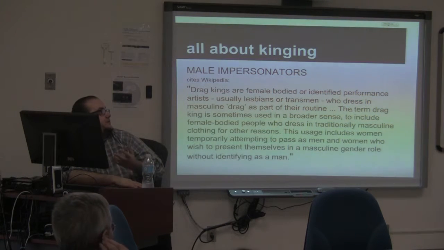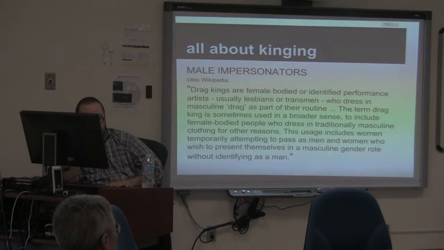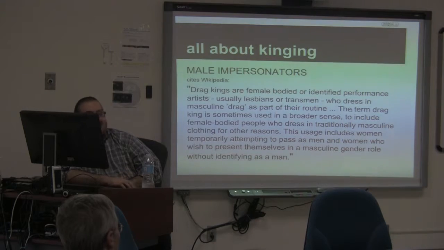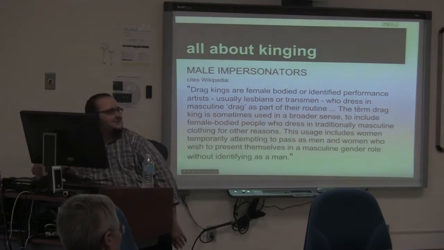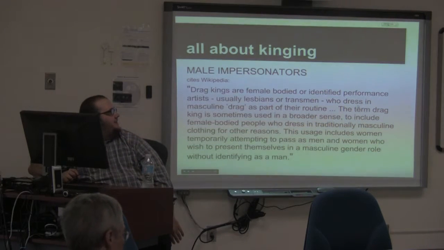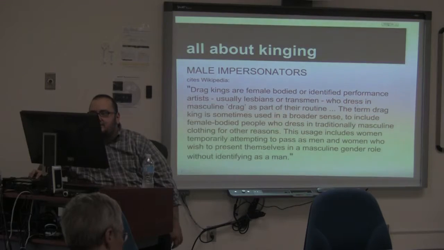One thing that is really interesting when you look at the documentation cited for female impersonators and male impersonators is that the vast majority of the documentation they quote uses the term drag queens or drag kings, and so they're citing this to tell you that you should use female impersonators and male impersonators. It's really interesting. It's sort of like cognitive dissonance every time you look at a Library of Congress subject heading.